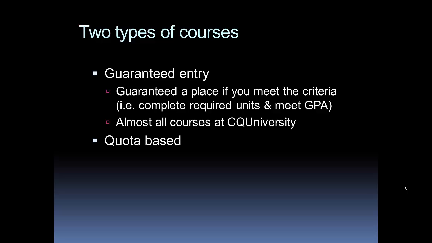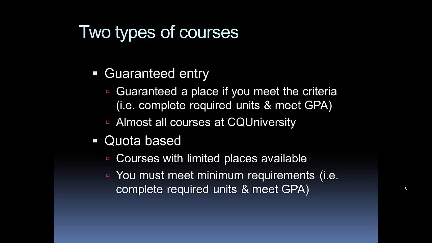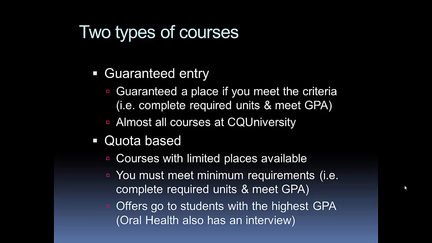Now, the other type of courses that we have are quota-based courses. And these are courses with limited numbers of places available. So for example, there might only be 15 places on a particular campus. And students must meet the minimum requirements. So for example, they must complete the required units and meet GPA requirements. But the offers go to the students with the highest GPA. So students are competing for places in those courses. There is one course that also has an interview, and you can find more information about that on the STEPS